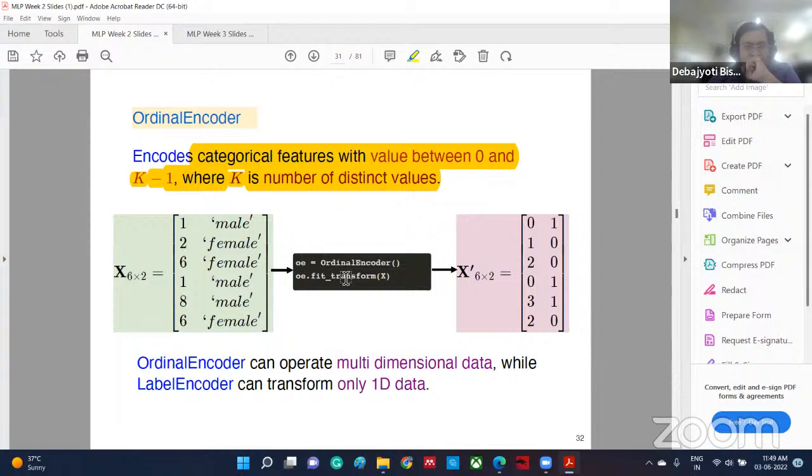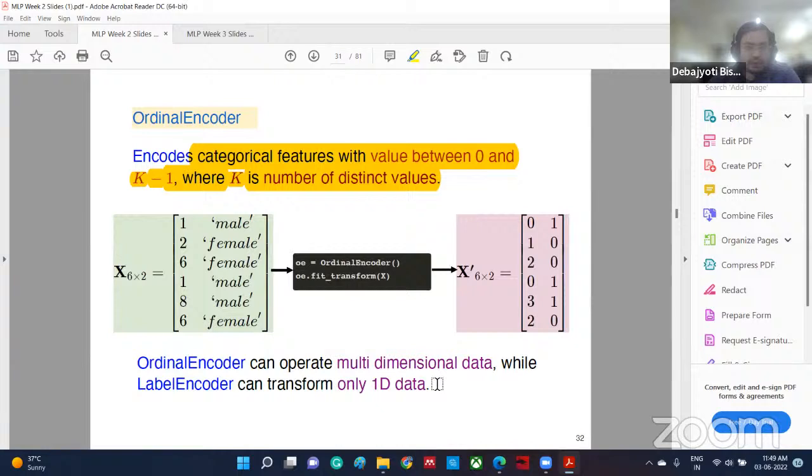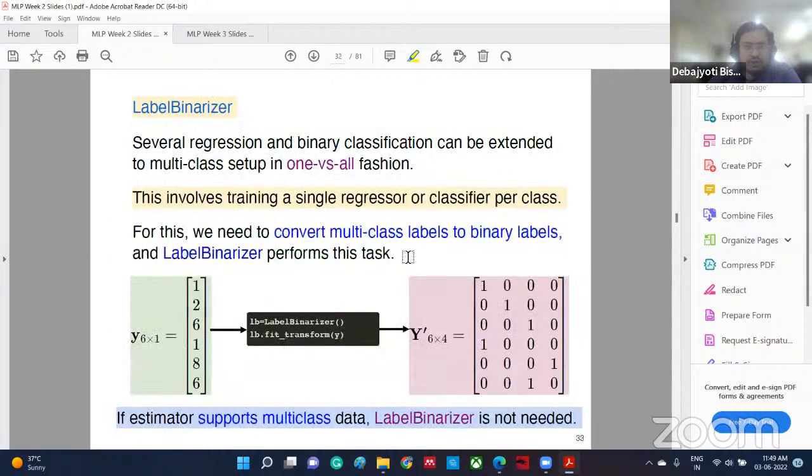And ordinal encoder can operate on multi-dimensional data. So there is a small difference between this ordinal encoder and label encoder, whereas one can operate on multi-dimensional data, label encoder can work only on one-dimensional data sets. Okay, we'll get here. And then label binarizer is there,